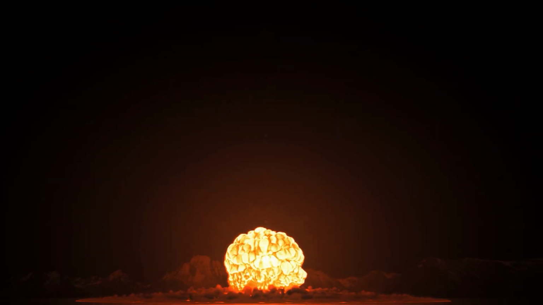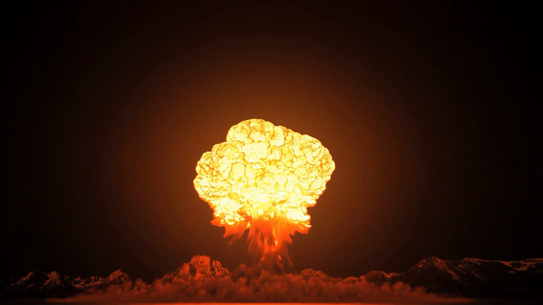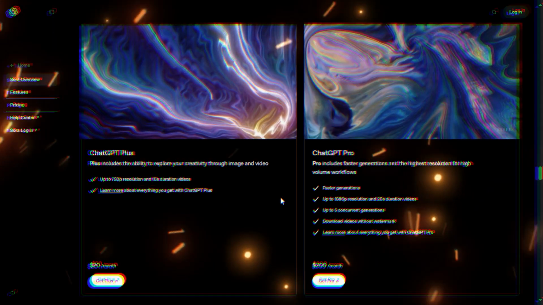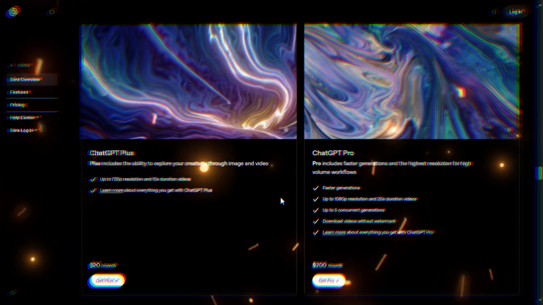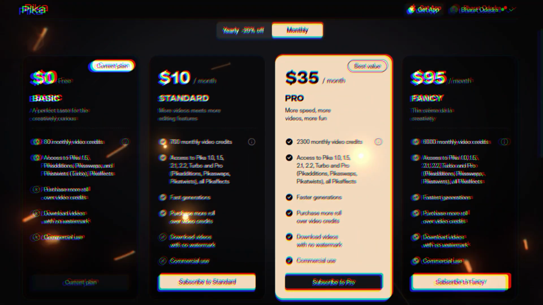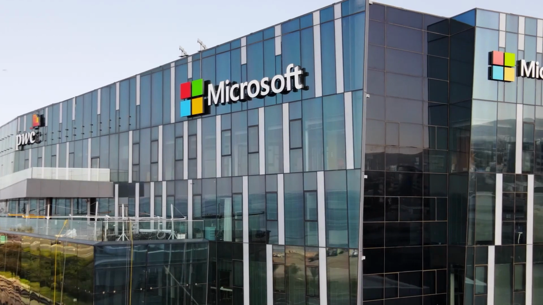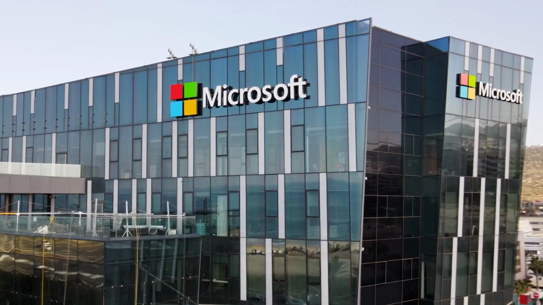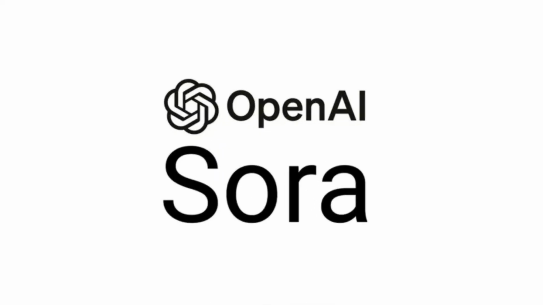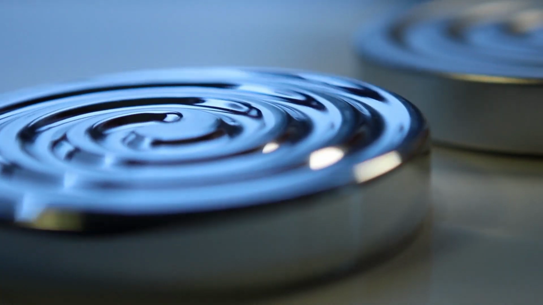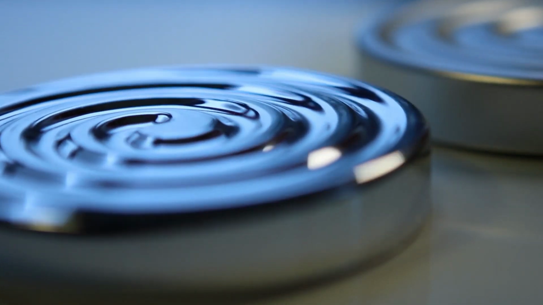Something massive just happened in the AI world, and honestly, I'm still trying to wrap my head around it. While people have been shelling out $200 plus per month for OpenAI's Sora, $95 for Runway ML, and $35 for Pika Labs, with strict generation limits, Microsoft just flipped the entire game on its head. They launched their own version of Sora, made it completely free, and put no limits on how many videos you can create. No subscriptions, no watermarks, no hidden fees, just pure unlimited AI video generation available right now, and it's